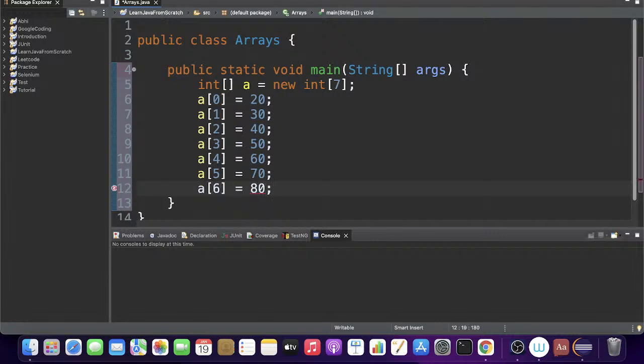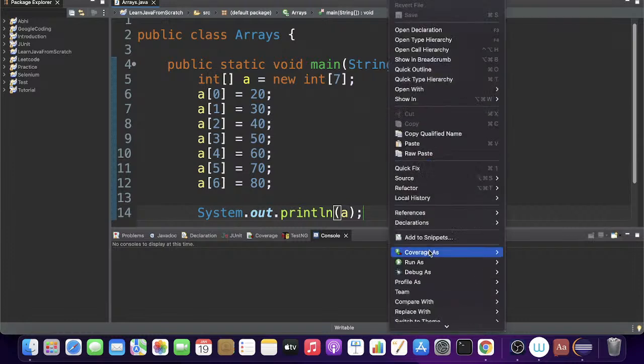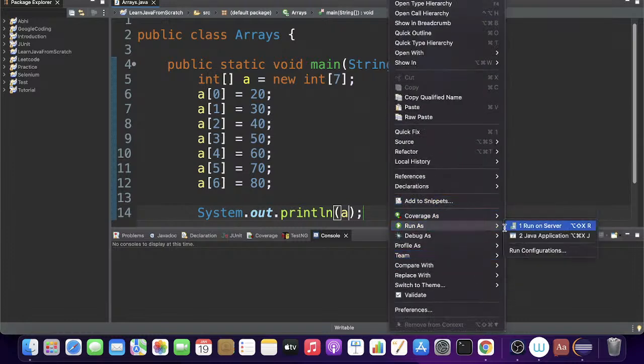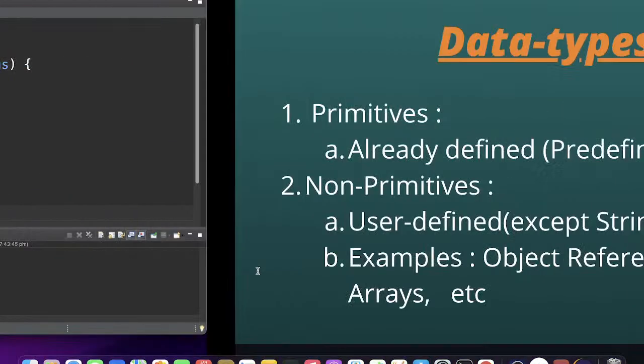Now one thing again, keep that in mind. If you try to System.out.println A, let's see what happens. Let me run this. See what output we get. See, this is not the output that we expected. So as I said